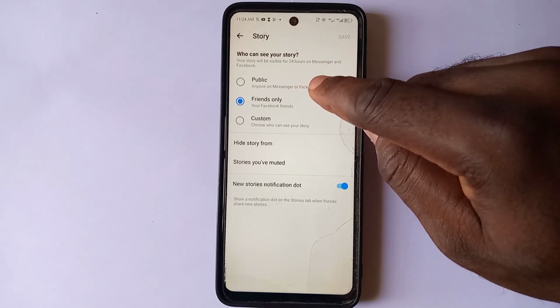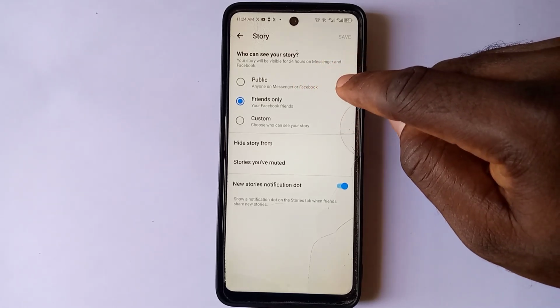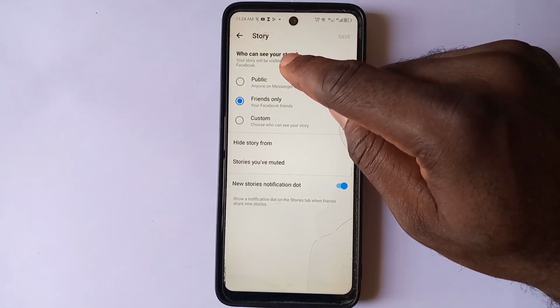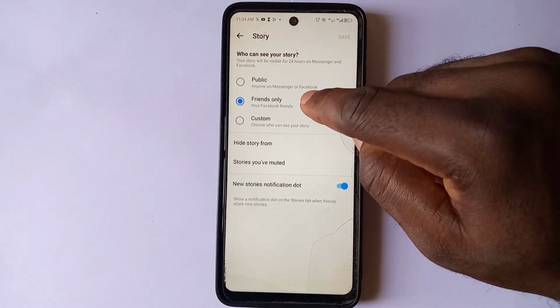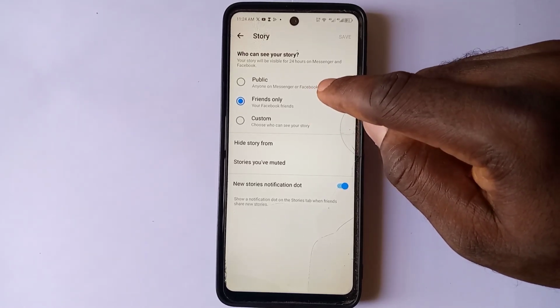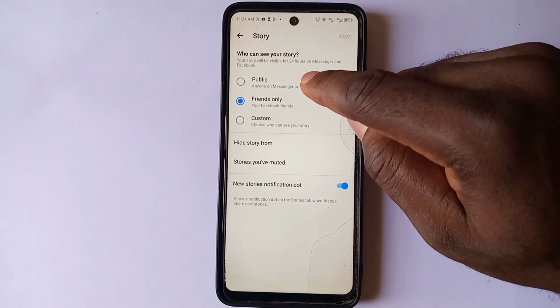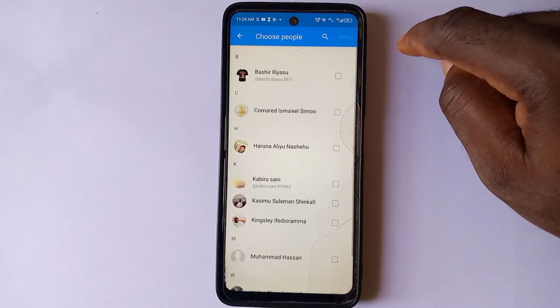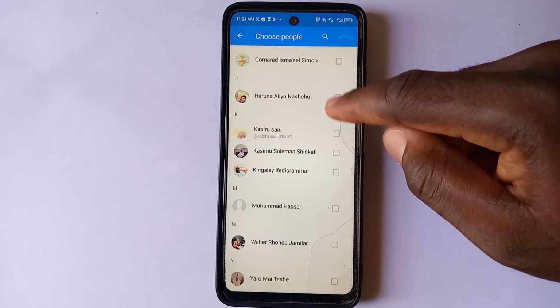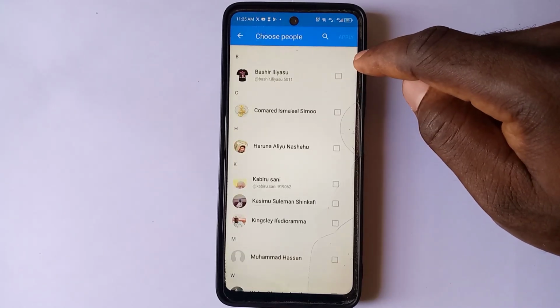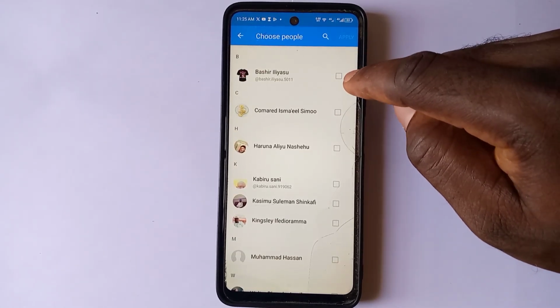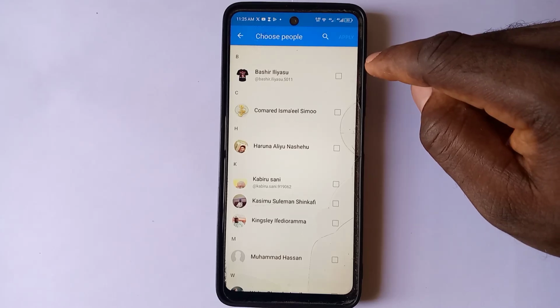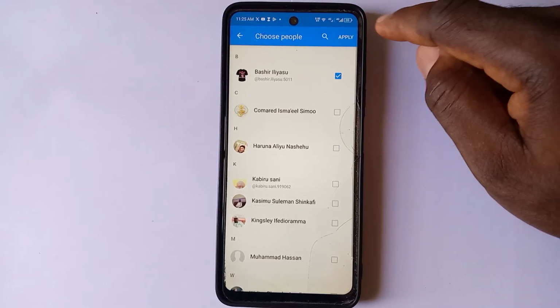Your story will be visible for 24 hours. If you don't want the whole public to see your story, you can also set it as friends only. But if you want just your friends and everyone, or if you want to customize who can see your story, you click on this and select the particular people that will view your stories on your Facebook. Once you click on it, you click on apply